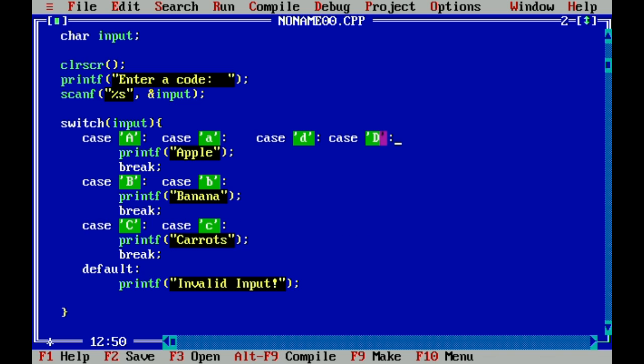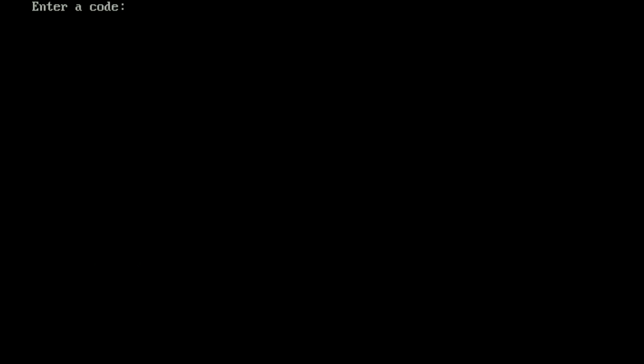It's always important to have the colon. So let's run again. This time apple will be printed if the input is capital letter A, small letter a, capital letter D and small letter d. When you run and use D, it now prints apple.